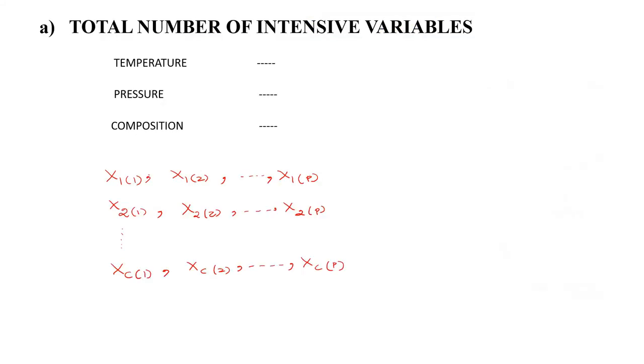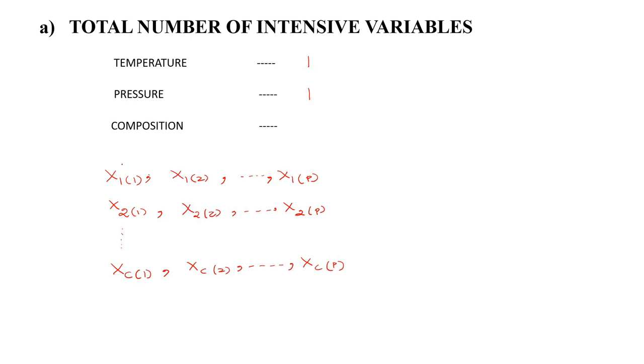These things we have discussed already, but I'll just brush up. How do we find the total number of intensive variables available for the system? As I told you before, temperature should be considered as one variable, because temperature should be the same for all the phases. Similarly, pressure should be considered as one variable for a system. Only the composition, or the mole fraction terms for each species, will be more in number.